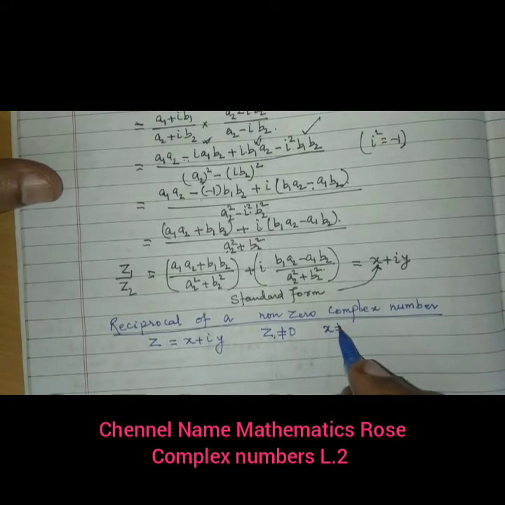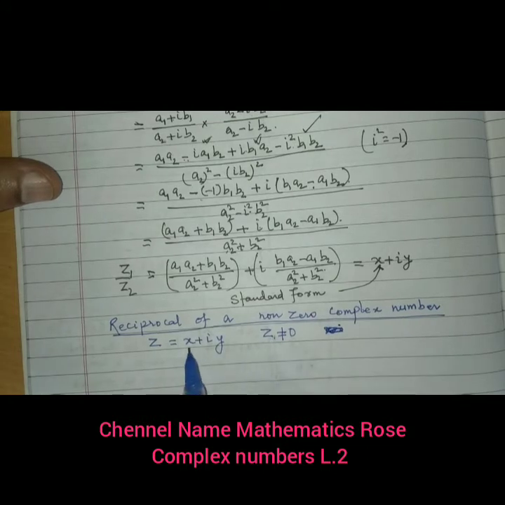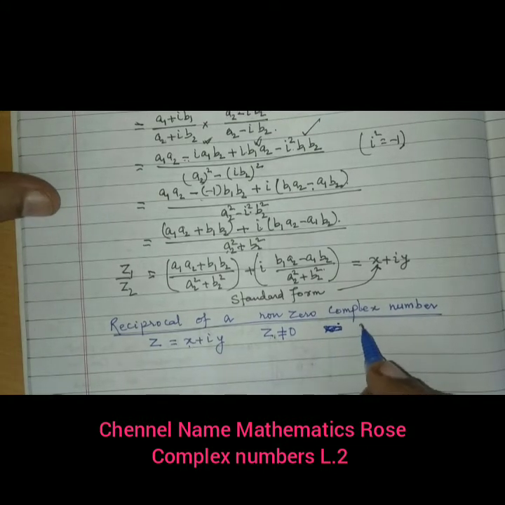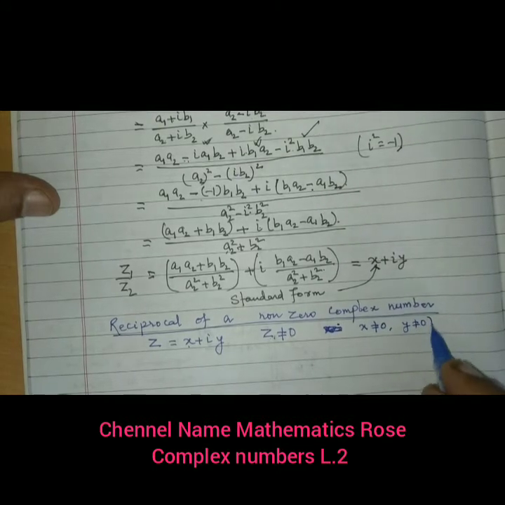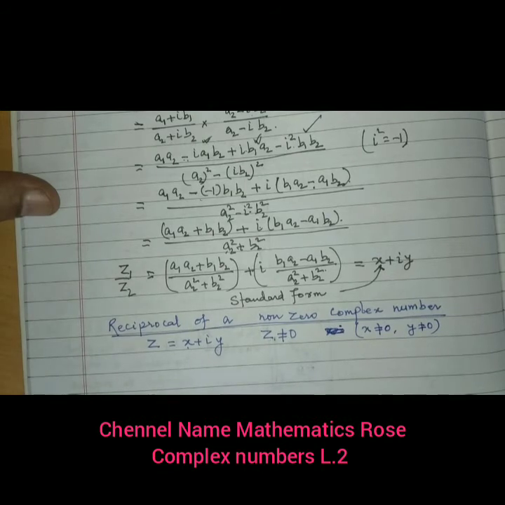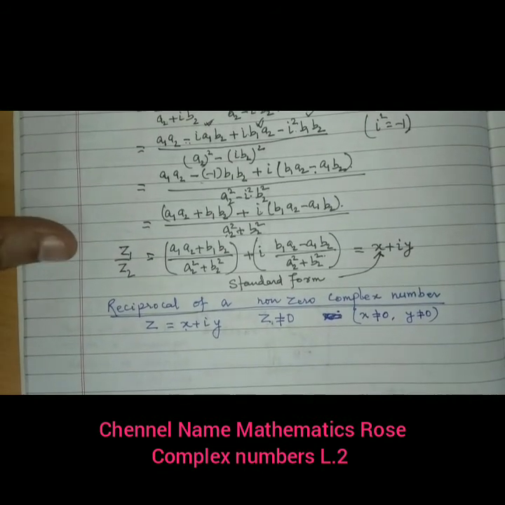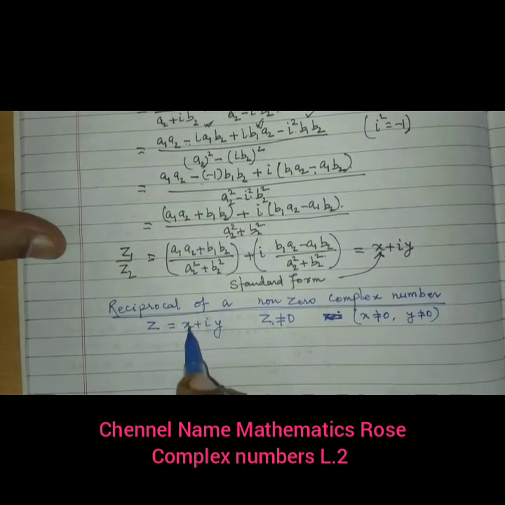So there are three conditions. So I am not writing this. So simultaneously both are not 0, ये आपका नहीं होना चाहिए। x is not 0 and y is not 0, ये नहीं होना चाहिए, नहीं तो पूरा कॉम्प्लेक्स नंबर जो है वो 0 हो जाएगा।